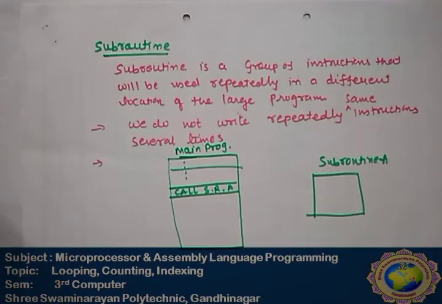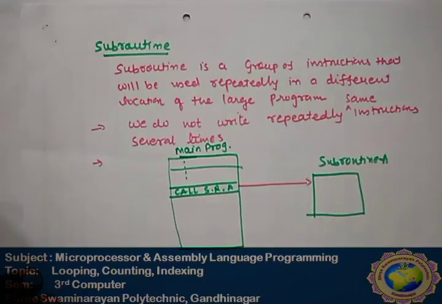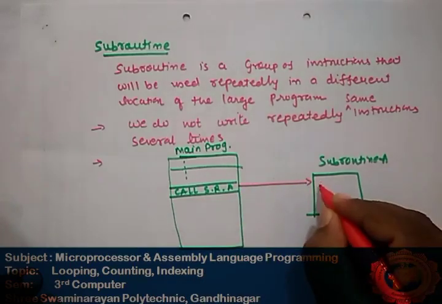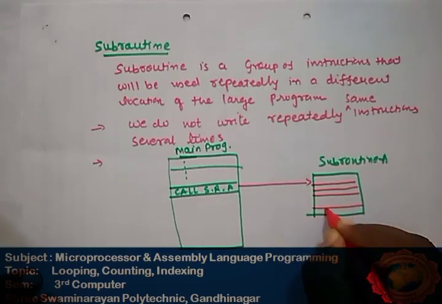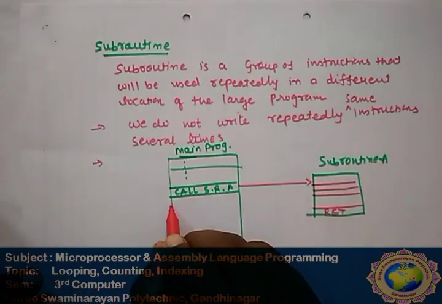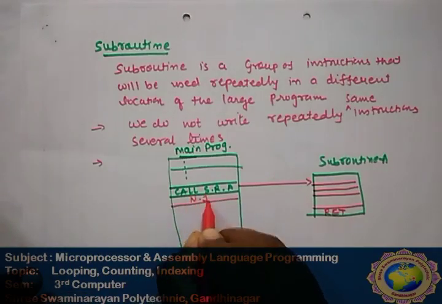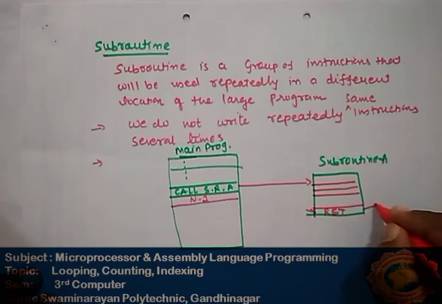So it transfers to this. Okay, it transfers to this. Then these instructions are executed. At the end, a return instruction is compulsory in the subroutine. Return instruction is compulsory in a subroutine. So this is our next instruction. So whenever the return instruction executes, this return instruction address is on the